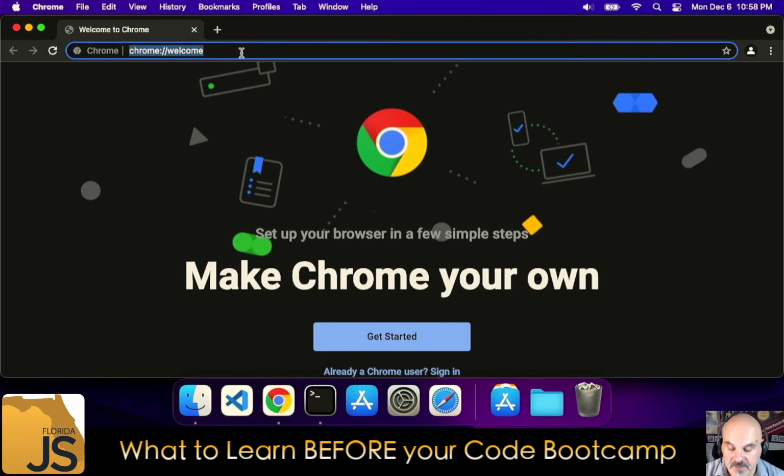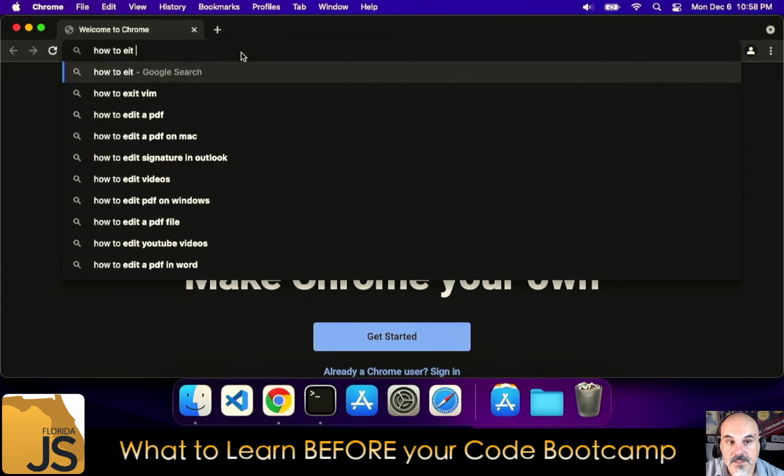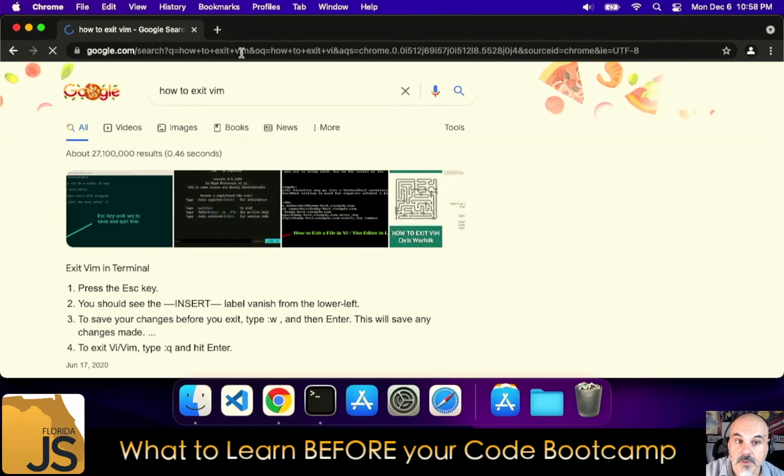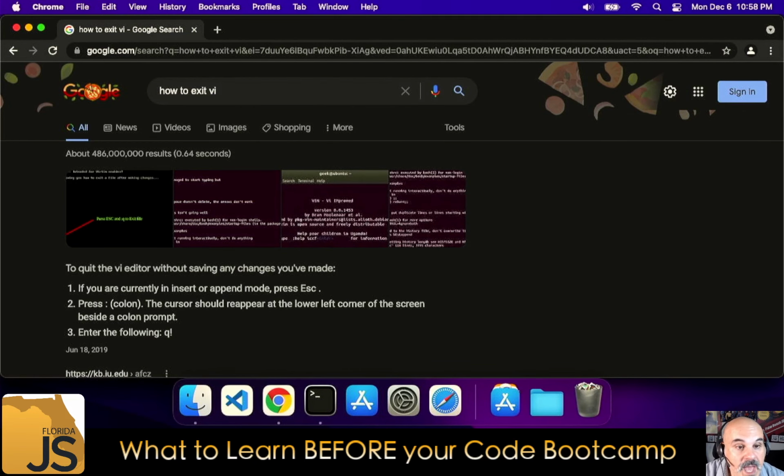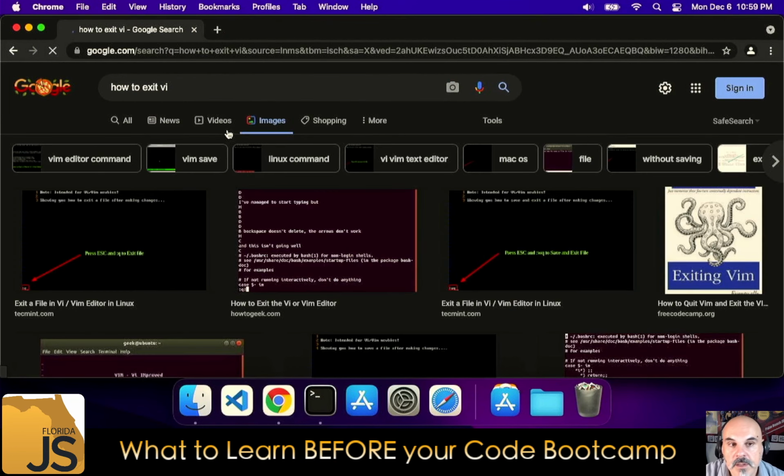We were going to search for something: how to exit. Look at that, it even understands what we're doing. Not what I wanted to say. Not Vim, it was a little bit too smart. Vi. How do we get out of it? We get out of it with colon. We're pressing the colon, then it should appear in the top right corner. But what you can remember is just colon Q W